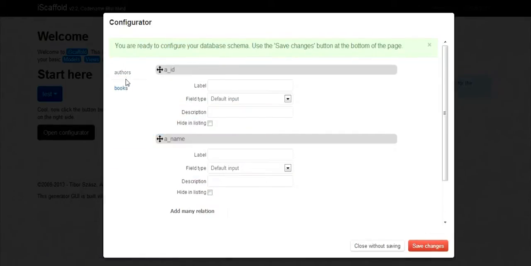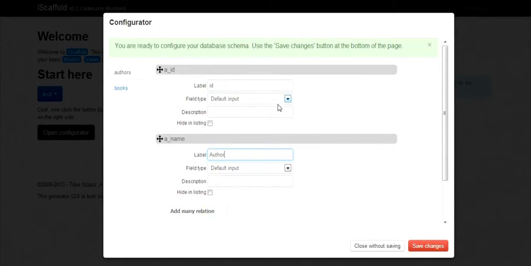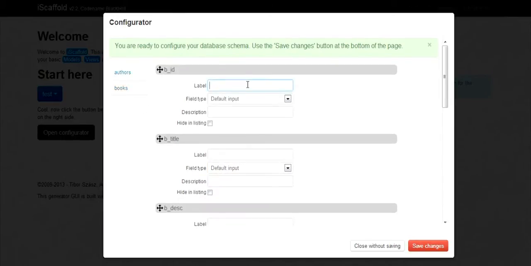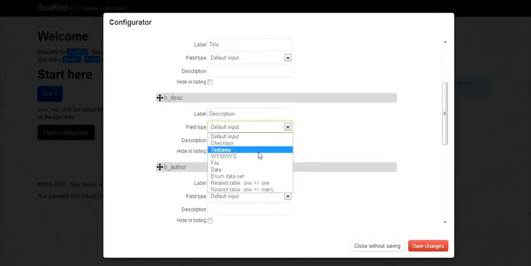Here are the two tables that we saw previously, and we should label them. Let's call it ID. I will leave the type as default, but it can be a checkbox, text area, WYSIWYG editor, file upload, date field, dataset and table connections, but this is fine. Let's call it ID again. This will be the title, description. Let's make it a WYSIWYG editor,